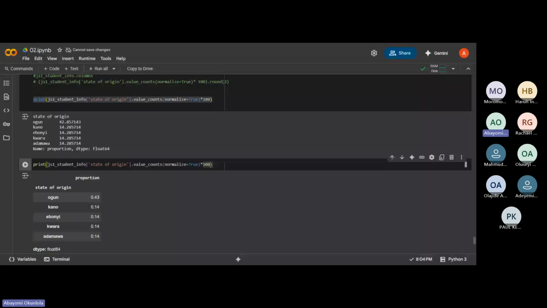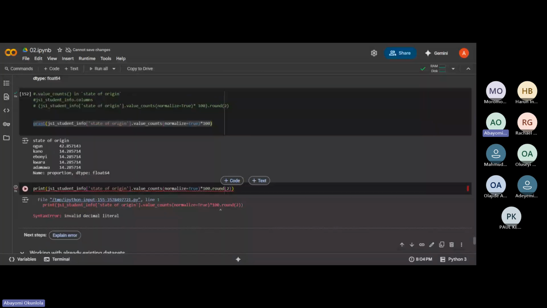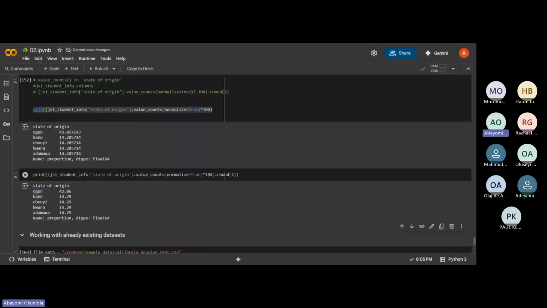Where am I having the error? Okay, I need to close this bracket so you can see how the brackets work. So this one has to be double. Let me run this now. So you can see how it's a long thing. It's better you break your code line by line.